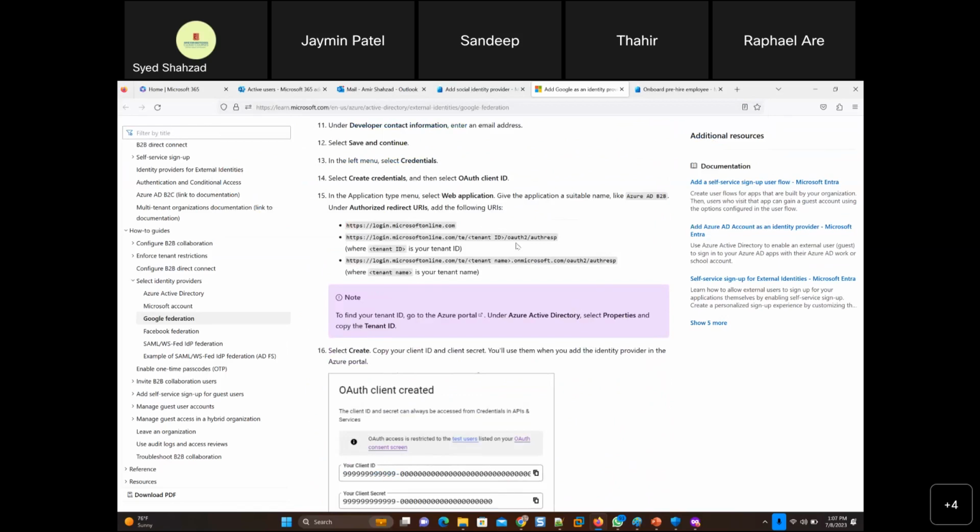Okay. So this is the B2B external identities task. I'm just putting it in WhatsApp. Follow this lab. Go to Microsoft